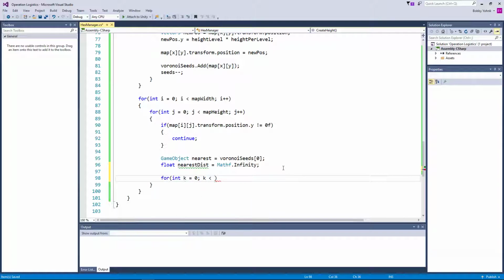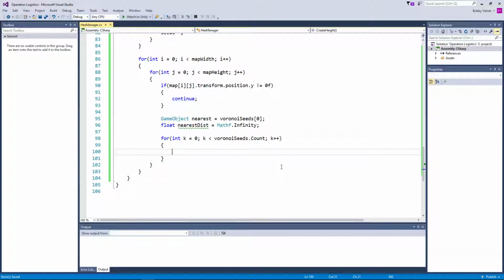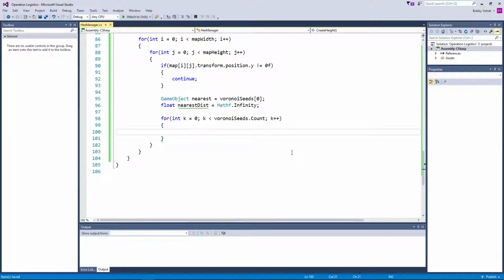K is less than Voronoi seeds dot count, k++. We just need to iterate through the entire list of Voronoi seeds, and we're going to do a couple of very quick calculations here. First things first, this is going to be a bit of an optimization trick. I'll do it wrong first, and then I'll tell you why it's wrong. So what we're going to do here is we're going to say,